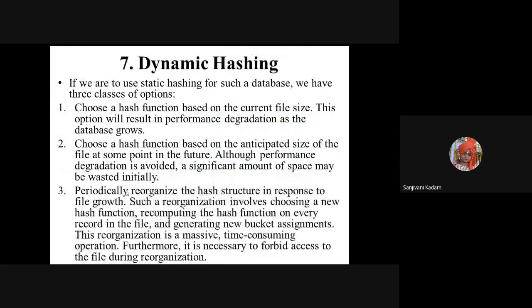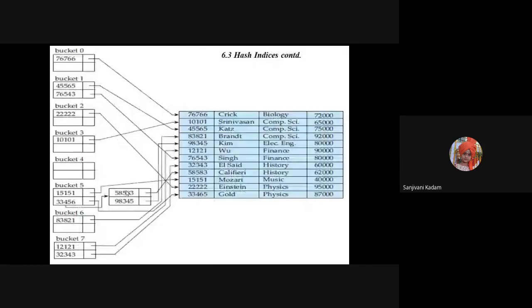Dynamic hashing. This is somewhat more difficult as compared to static hashing, but it is much more advantageous. In static hashing, we always have a fixed number of buckets. So whenever a deletion or insertion is done, some buckets may overflow, some buckets may underflow, and there is a fixed number of buckets. Right now there are 8 buckets, so even though I have only one or two records, I still need to reserve the space for these buckets. Dynamic hashing overcomes these drawbacks.